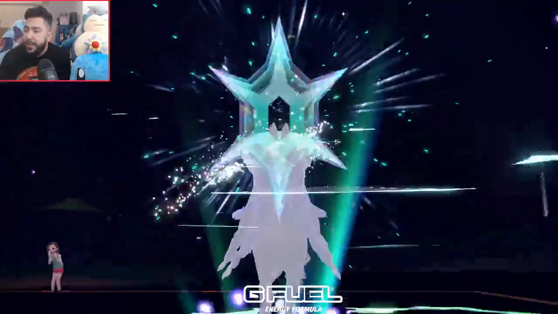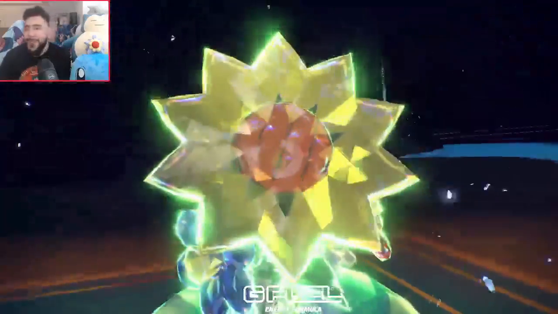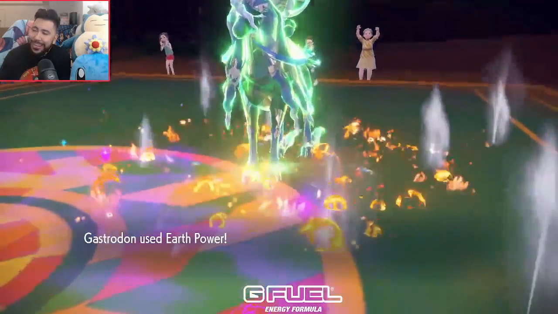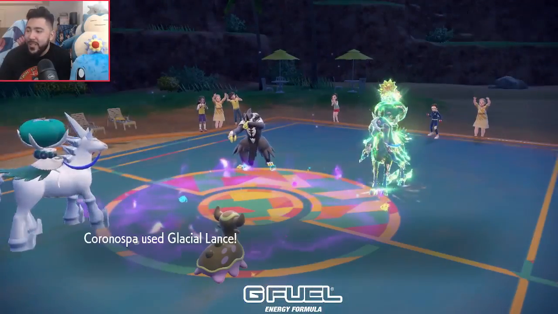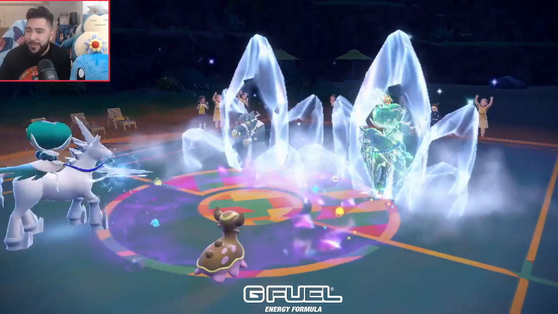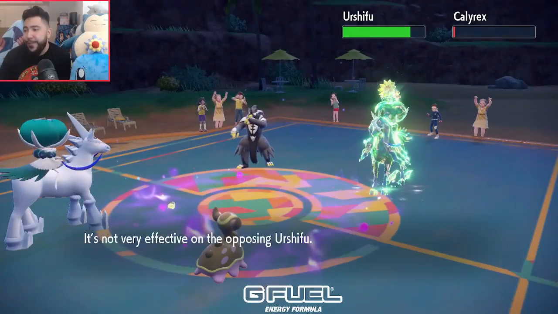He is terastallizing the Calyrex Shadow into Grass. Oh, why are we Grass? Oh no, that's so bad for me. That's so bad, because I'm burned. Normally this would be fine, because Glacial Lance would just pick up, but because he got the Fire Fang burn